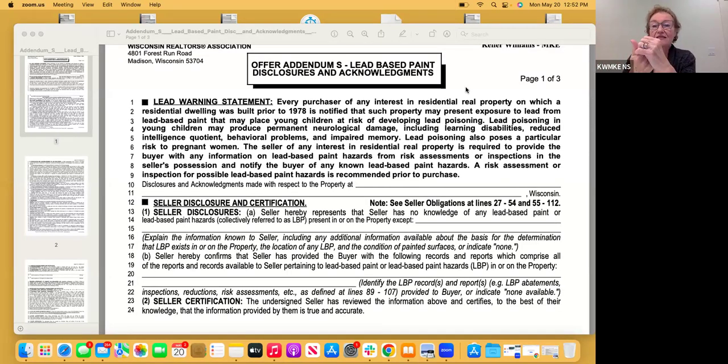So what it is, because houses built before and on 1978 used a lot of lead in the paints. And the lead found out to be in the paints, especially when little children or pets were scratching at paints and the trim of houses that were built in 1910. That lead poisoning resulted in damaging these little children. And it affects them. It can affect them severely, it can affect them lightly, but it also poses a risk